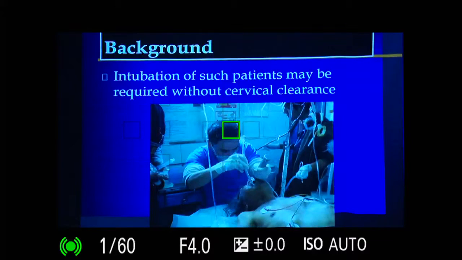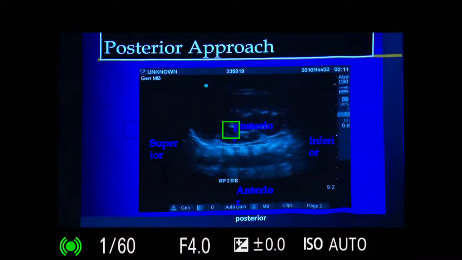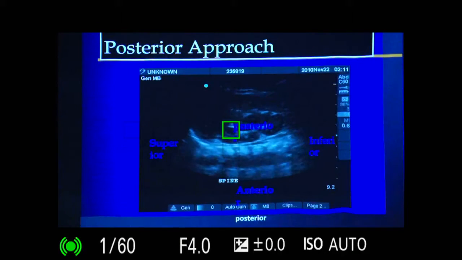So, what we are saying is that we are not trying to rule out linear fractures, we are trying to rule out potentially unstable injuries, so that if you extend the head, the spine is going to give way. That unstable injury can be easily seen using the ultrasound. So, how do we do that? Initially we tried the posterior approach, but obviously in trauma patients you cannot do it from the posterior. So, we tried the anterior approach,